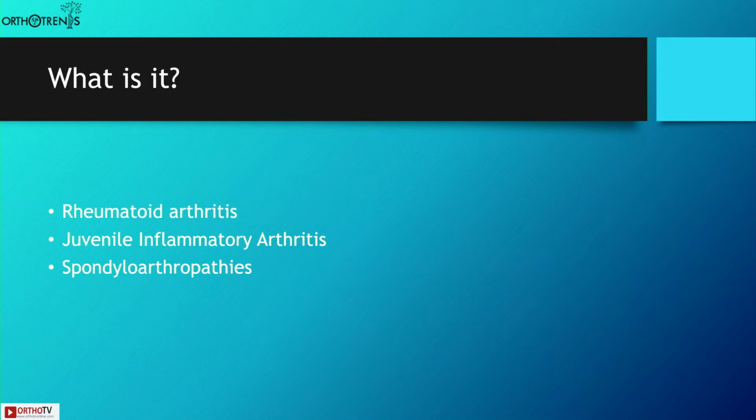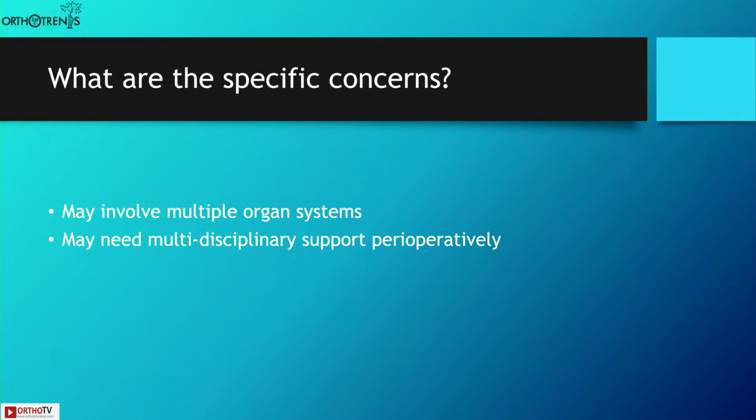Challenges that we face in inflammatory arthritis. What are we referring to by inflammatory arthritis? It is basically rheumatoid, juvenile rheumatoid arthritis patients, those patients with spondyloarthropathies, which includes ankylosing spondylitis. So the problems we specifically face are that they involve multiple organ systems, so we will obviously need the support of our colleagues from other departments and